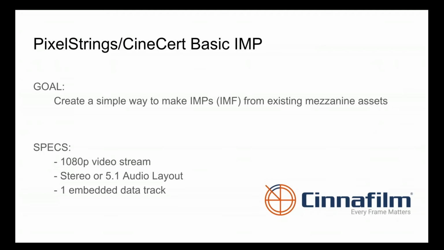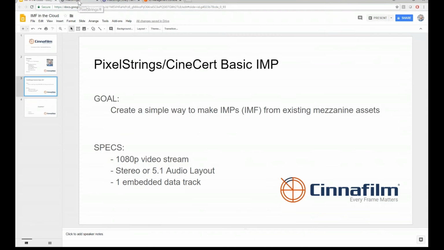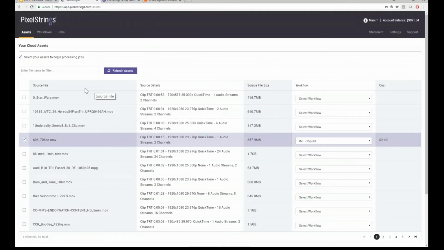So let me head back over to Pixelstrings. And you can see here that when we create the IMF workflow, the cost is $2.49. So for every minute of IMF material that we're going to be creating, it's an additional 50 cents. So 1 minute is $2.49. And the way that this flows is